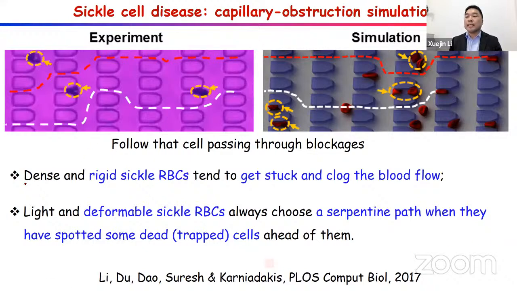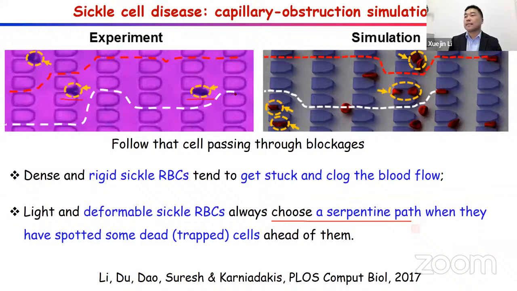The dense and rigid sickle red blood cells tend to get stuck and clog the blood flow. Like this one, shown by the yellow arrows, this sickle red blood cell gets trapped at the microgate and clogs the blood flow. But the light and deformable sickle red blood cells, or healthy red blood cells, can choose a smart pathway when there are trapped cells ahead of them. They just go right through the